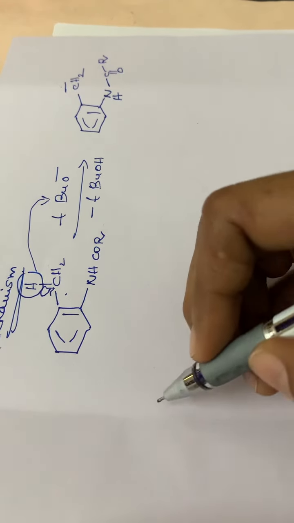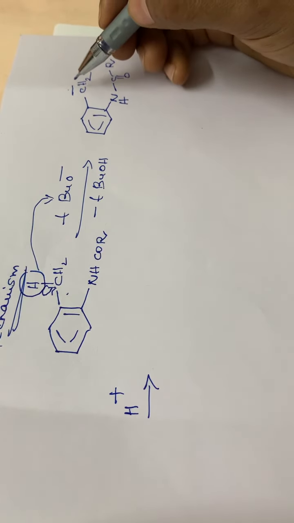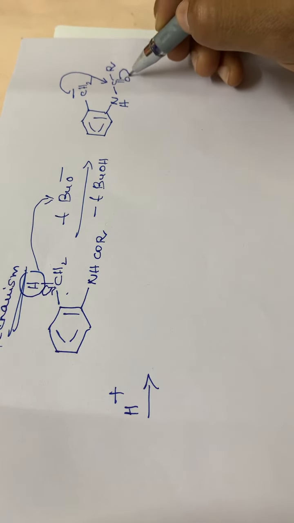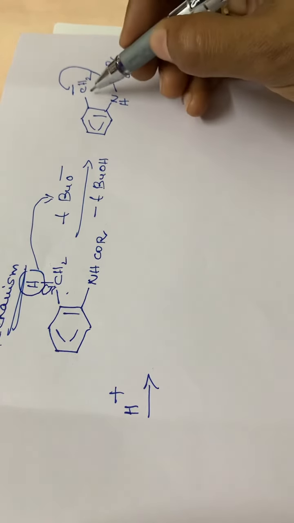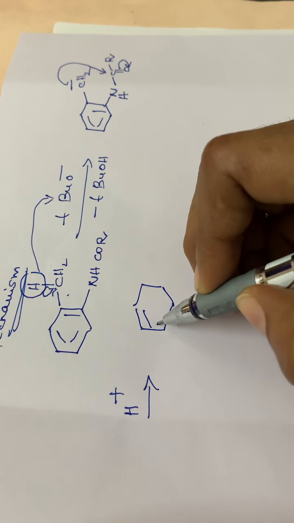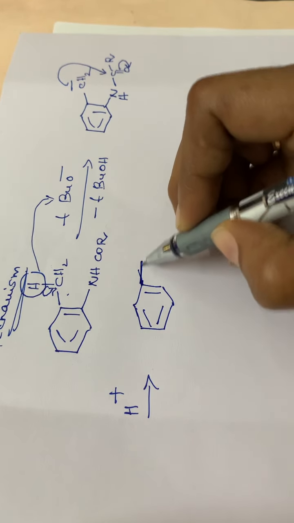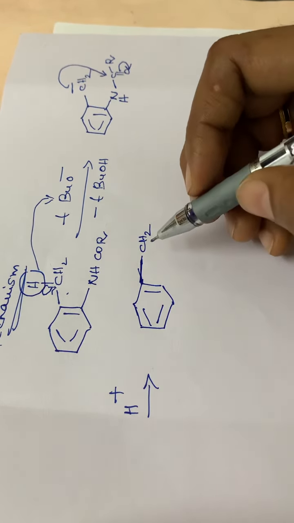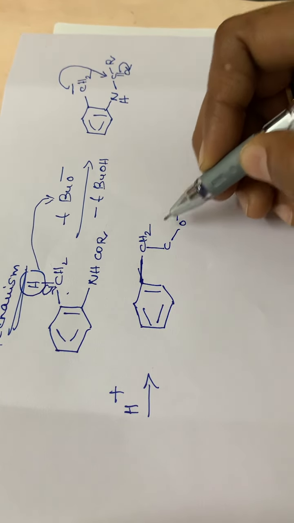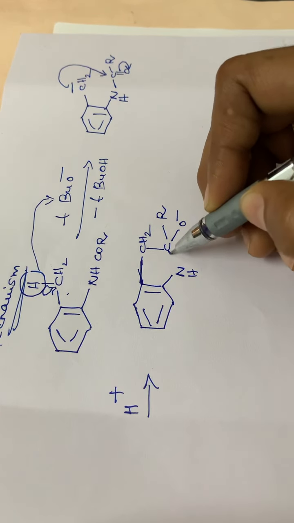Then in the next step, one H plus addition. So here this negative charge will be moving to this carbon atom. So this electron pair will be shifting to O minus. So the ring closure occurs at this position. Then we can draw this as a straight line. CH2, the negative charge will be attacking this carbon atom, so that this becomes C single bond O minus, then R, then NH, then CO.